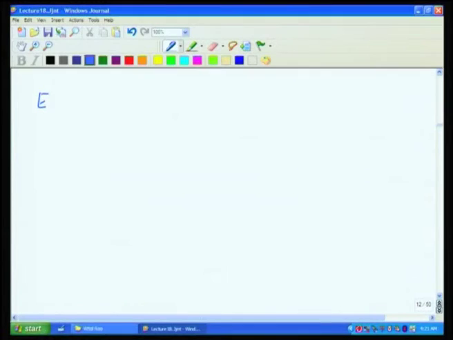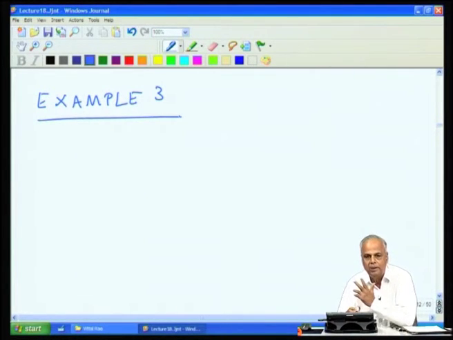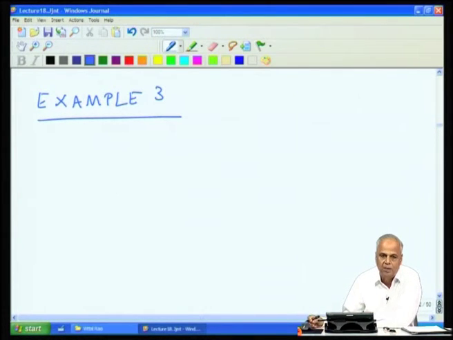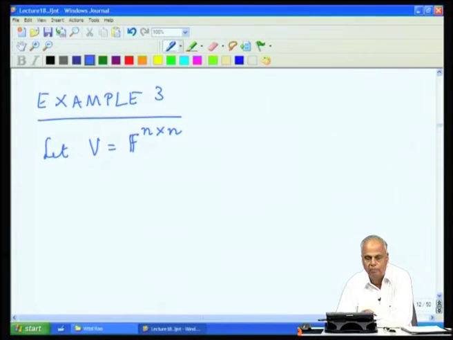Now, let us look at another class of examples. We will be looking at a lot of examples in the world of matrices, because that is our interest. All the questions that we raised at the beginning of the course are essentially concerning matrices. So, now let us take the vector space V to be the set of all n by n matrices over F. So, it is the vector space of all square matrices of size n by n